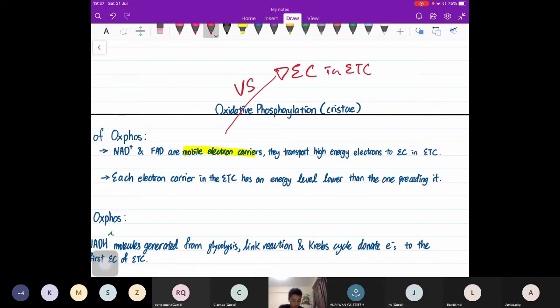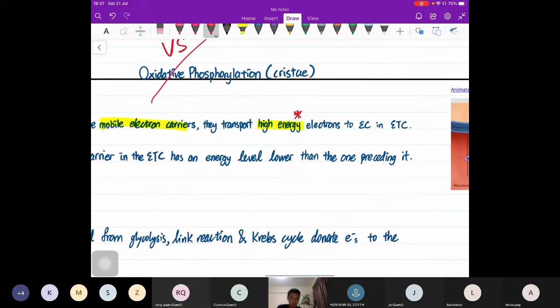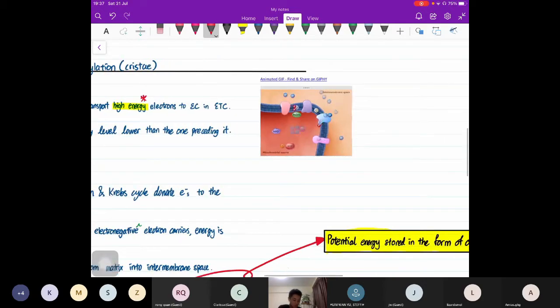Your NAD plus and your FADs both carry your electrons, your high energy electrons, to your electron carriers in your electron transport chain. So this is a keyword. High energy electrons. Always use high energy before the word electrons for respiration, for biology. And why you have to emphasize the high energy is because later we talk about the energy coupled thing that I was talking about just now. Each electron carrier in your ETC has an energy level lower than the one preceding it. What this means is,